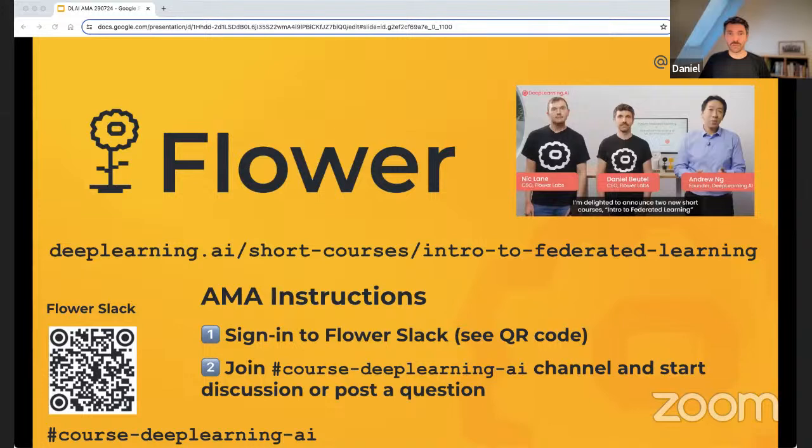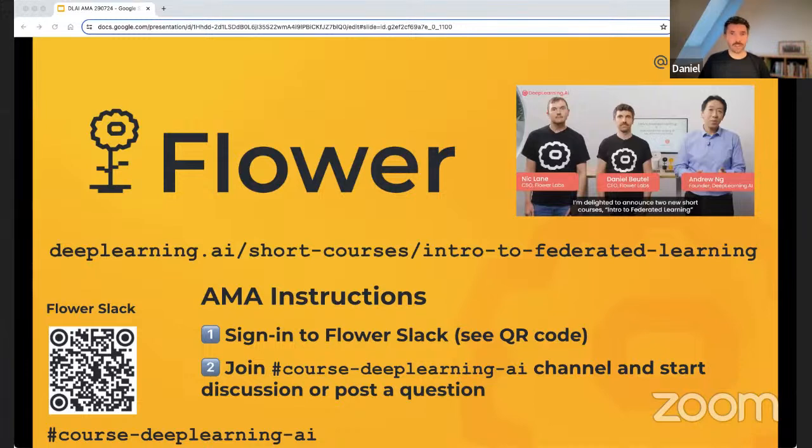And you can do this for both simulation. So in the notebooks, we use the simulation engine that Javier also mentioned. The simulation engine is always a great choice if you want to execute something, maybe just on a single machine, or if you don't have a ton of resources, because the simulation engine helps you to make the best use of the resources that you have available on a single machine. And you can use that to simulate pretty large numbers of clients actually on a single small machine.